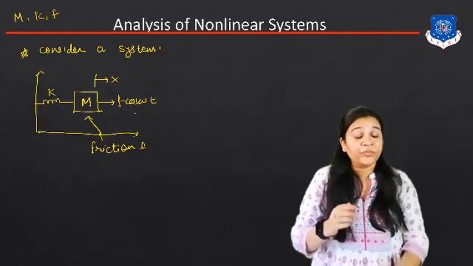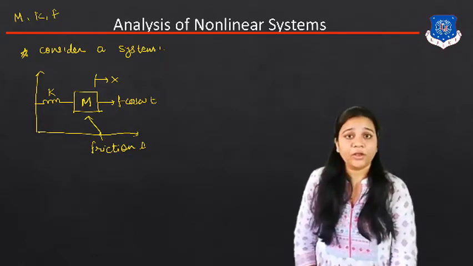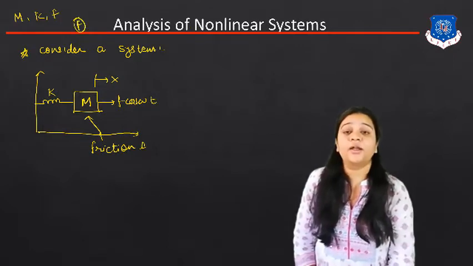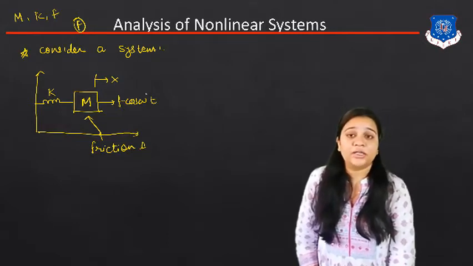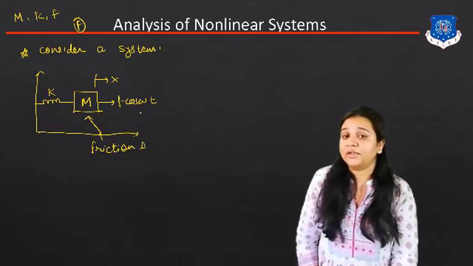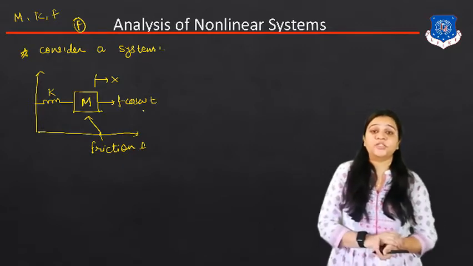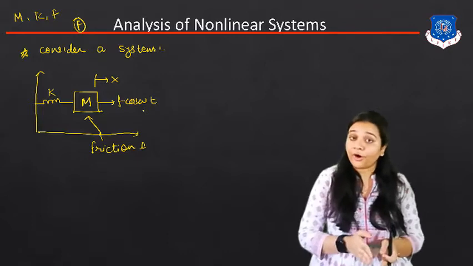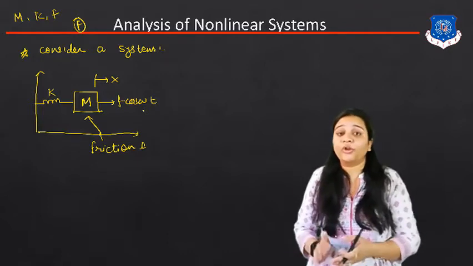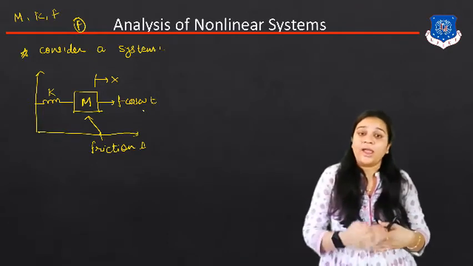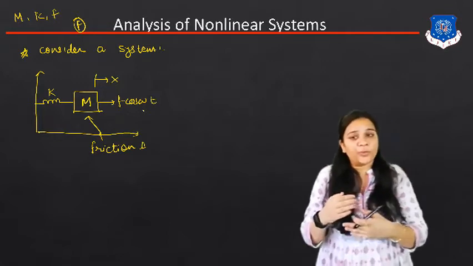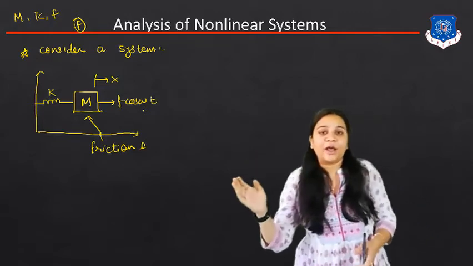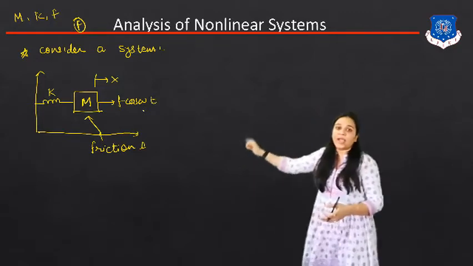Here you know, whenever we deal with a linear system, we apply only the force F. But here we consider a non-linear system. So the applied force is in the form of cos omega t or sin omega t, because the non-linear output depends on the initial condition as well, and when the amplitude changes, the output of the non-linear system will change. So here the input force applied will be F cos omega t.